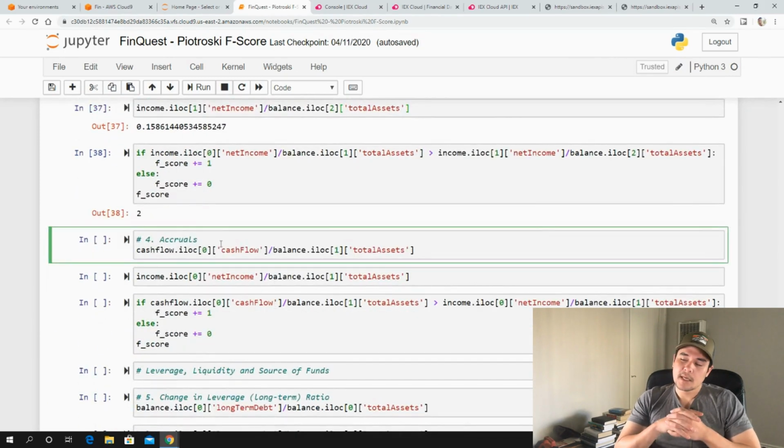Accruals. So the next thing that he looks at is accruals. And remember, the idea behind that was if the company had operating cash flows that were greater than income, that would be a sign of a stronger balance sheet, of a stronger company in that sense. And there was less room for manipulation of the income statement. So for accruals, we're just taking the operating cash flow from our cash flow statement